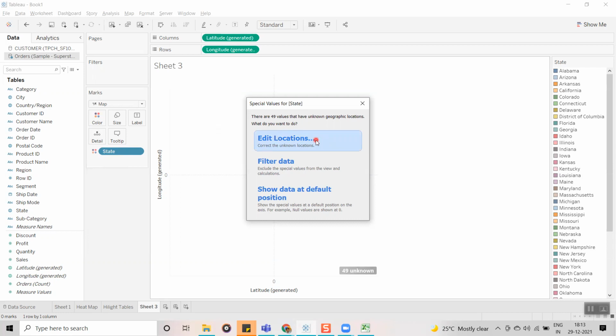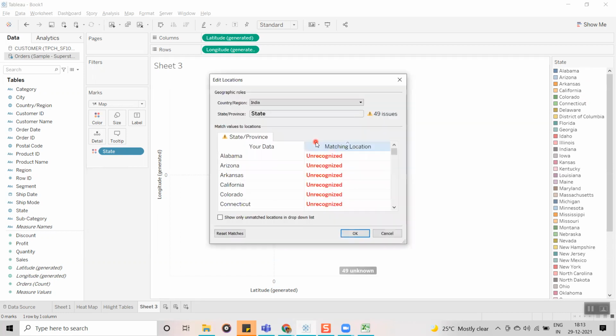Once you click on edit locations, it is going to open another window. In that window, guys, by looking at the backend data, we came to know these states are from United States. Now I am going to click on edit locations. Now here you can see country region, it is selected India. Correct? So do all these states belong to India?